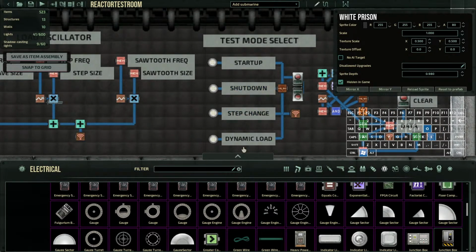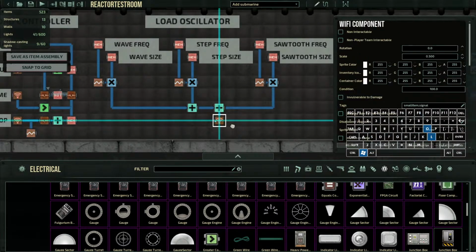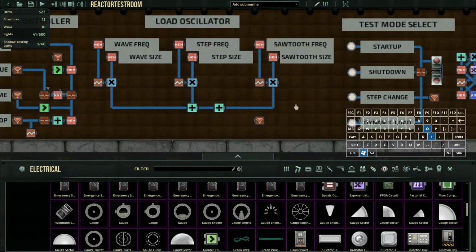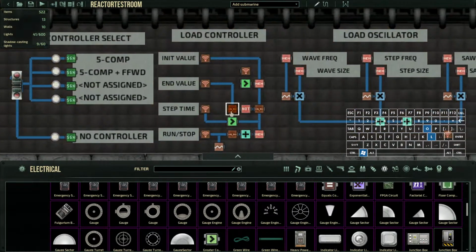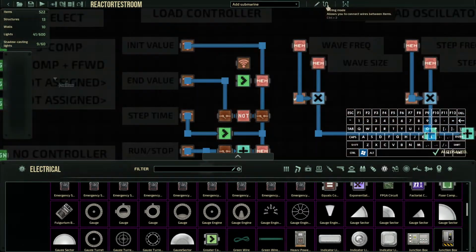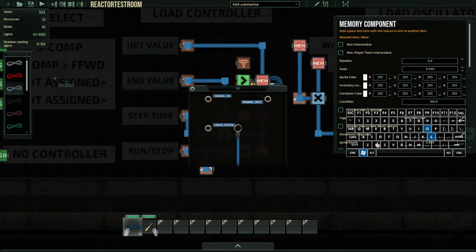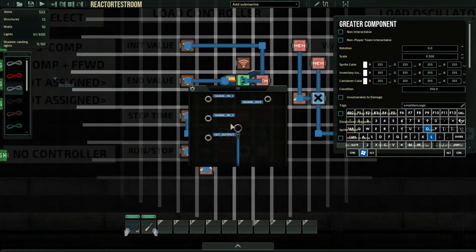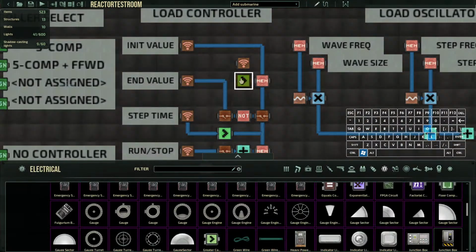I have 1, 2, 3, and 4. If it's on 4, I need it to move to the dynamic load, which I'm going to put over here, right? And then anything that's lower than 4 is going to get this static, or well, binary load. So this is a 4, and if this 4 is greater than the number from, oh shoot,